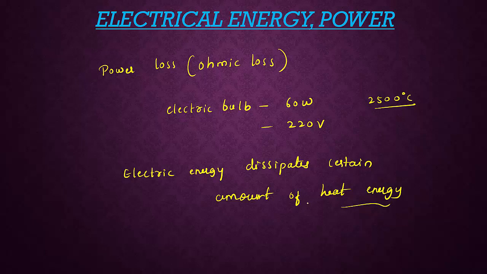So power consumed in electrical devices like an electric bulb or electric heater, when it is applied with the external source, the external source may be, you can consider a cell, battery or dynamo. Remember, when I consider a cell, here because of the chemical reaction, it produces electrical energy. In a cell, a chemical reaction takes place so that electric energy will be produced.